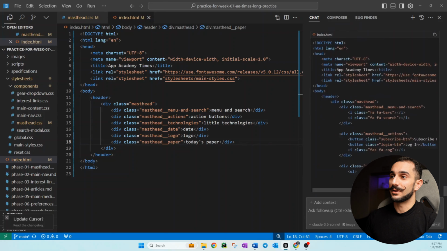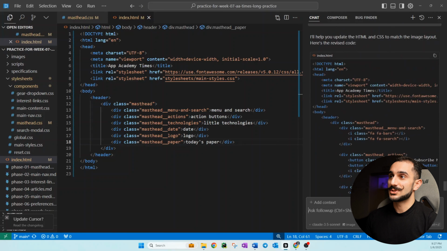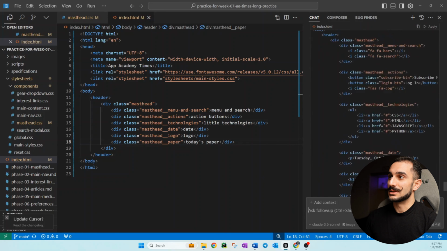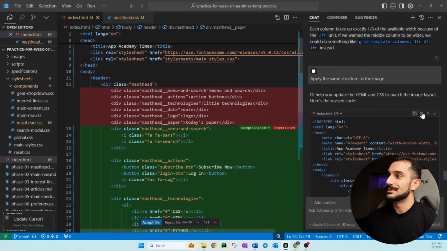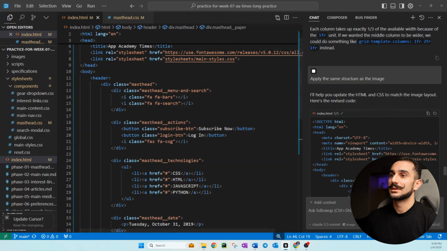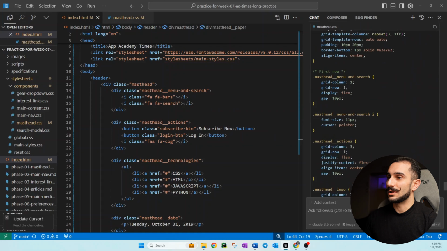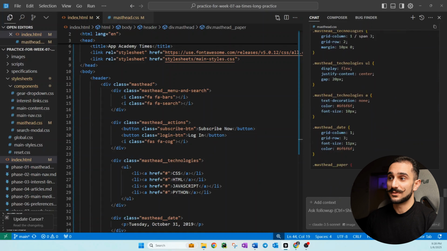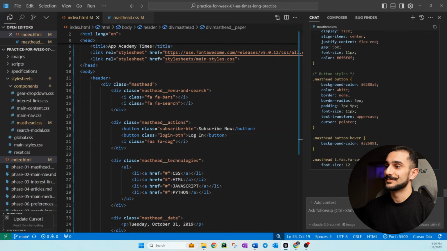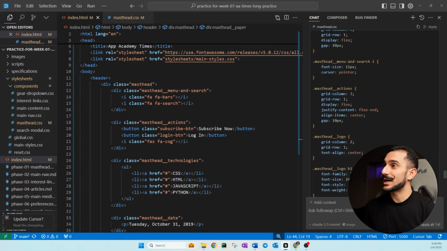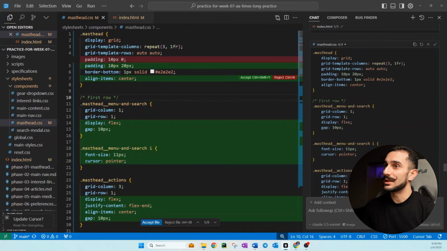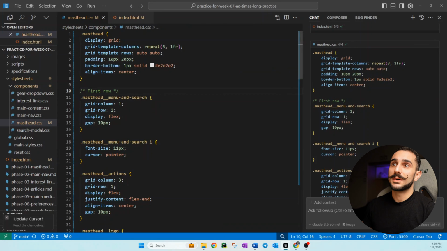Now it's generating the code for the main HTML. Let's go ahead and apply it. Perfect. Now it's also doing the CSS. Let's wait for it to finish. Okay, it's finished, and then we can just go ahead and apply it to the CSS and accept the changes.